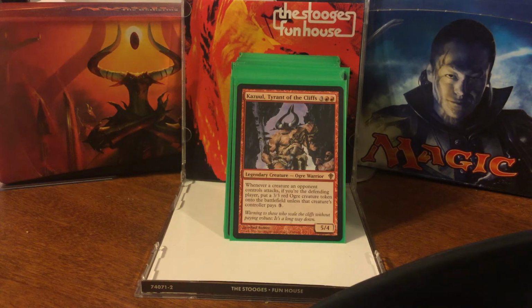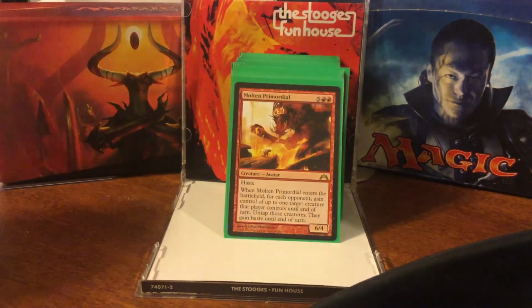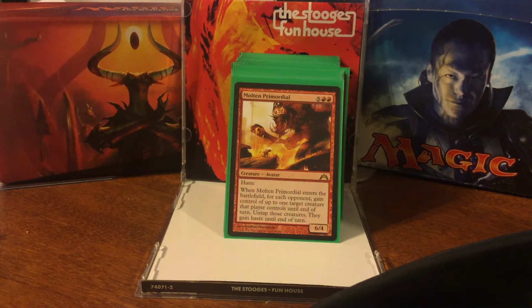Goes in a lot of my red decks, especially any red decks I'm assuming might draw some hate. Next we have Molten Primordial, 5 generic and 2 red for a 6/4 avatar with haste. And when Molten Primordial enters the battlefield...